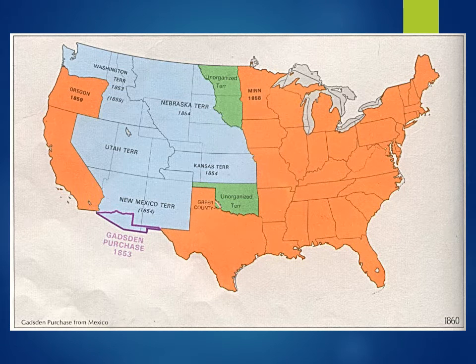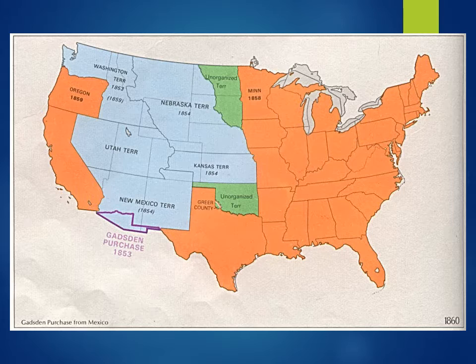This shows you a map of the United States in the mid-1860s. You can see the whole central part of the United States is unclaimed territory. Most Americans at the time thought that that was kind of uninhabitable land. They called it the Great American Desert. It had a very dry climate, grasslands, desert mountains. They didn't think anyone could really live very successfully in that area, and they thought most of that land was